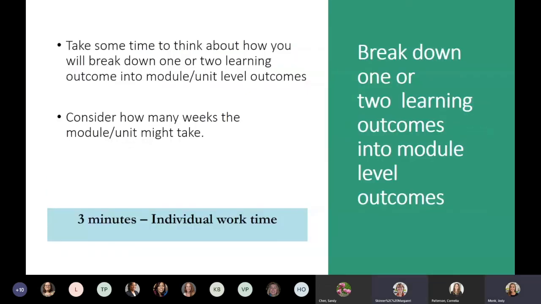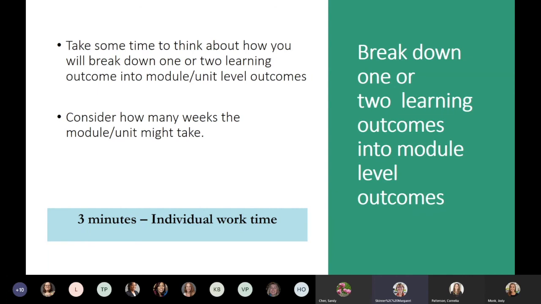Now what you're going to do is think about the course level outcomes that you worked on, and take one of them. Take the one that seems the most intuitive to you, or the one that you feel you have already fleshed out in a really good way, and think about what that's going to look like for the students when you get to that particular module dealing with that outcome, precisely what is in there.